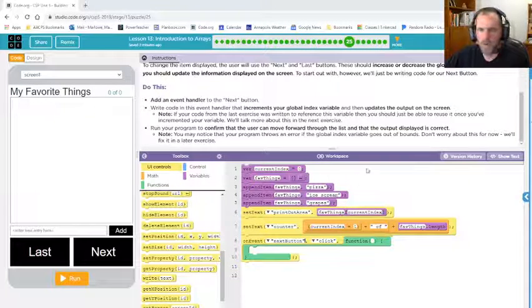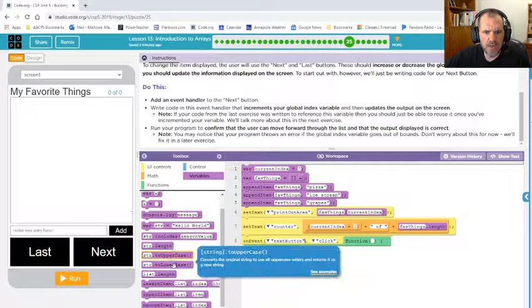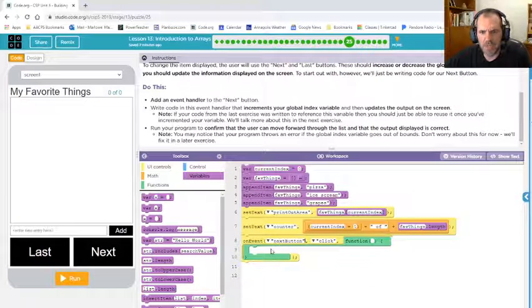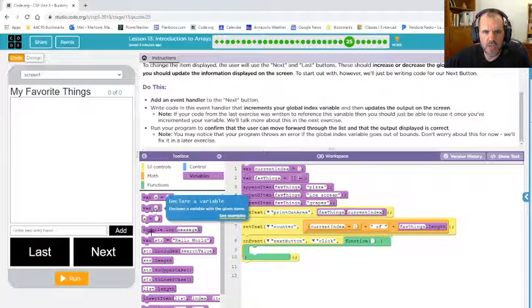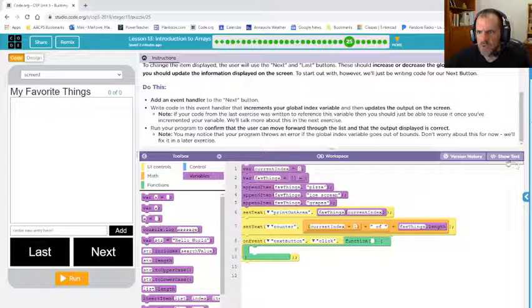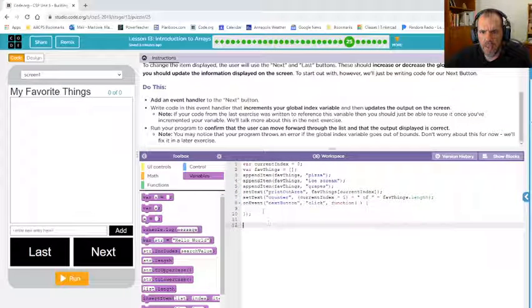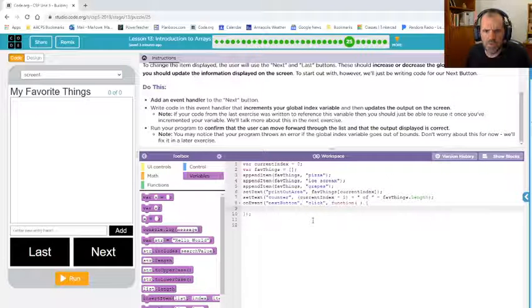Okay, so this next thing here, what we're trying to do is we want to increase this current index thing. So what we could use is current index ++, which would probably be the easiest way to do that. But we can't do that in here. There's no way to do that that I know of using these variables. So I'm going to switch to show text, and then inside here, inside my event, which is my next button, I'm going to type current index ++,